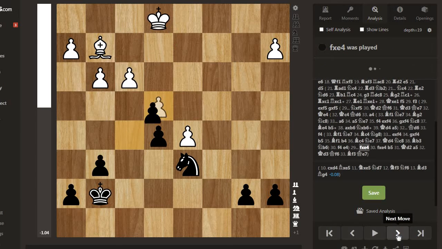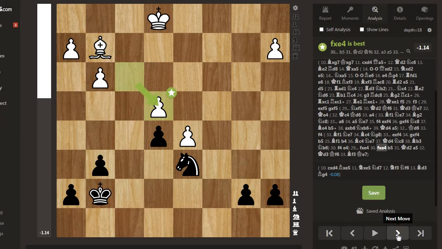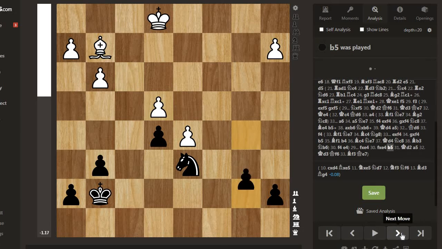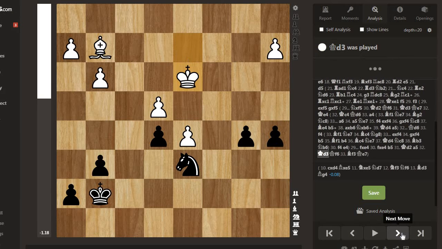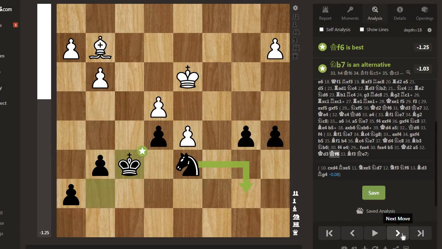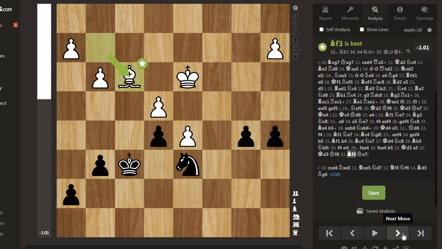now after fe4, black has obtained one of his target positions, permanent pressure on e4, whereby at least one of the white pieces, king or bishop, is tied to its defense. Now b5, mobilizing the queenside. King d2, a5, king d3, now king f6, bishop f3, king e7,